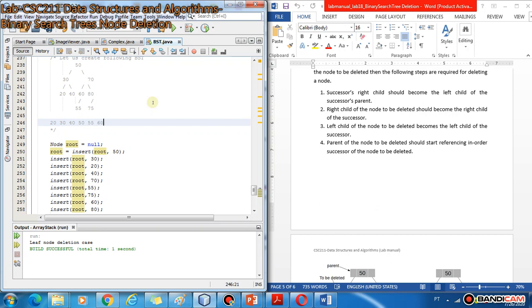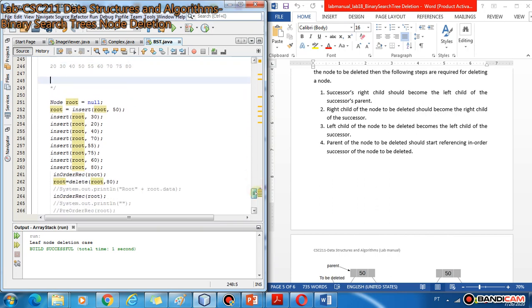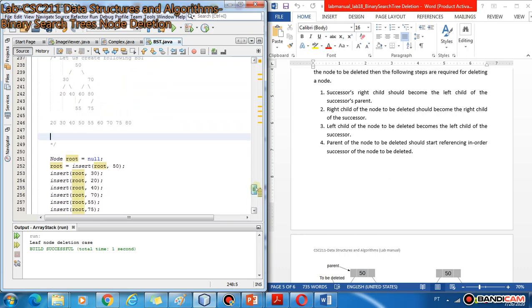Then it will print 60, then 70, and then 75, and then 80. Okay, so this is in order. Now we want to delete the node 80. So it is the case of deletion of a node which only has a left child.